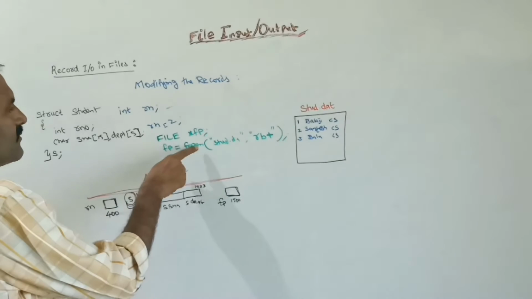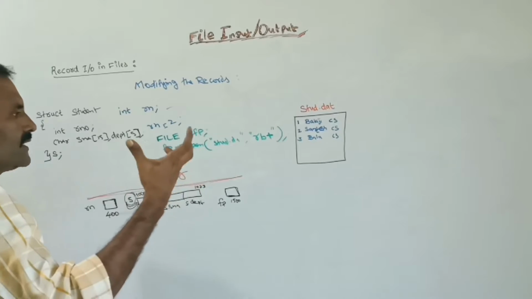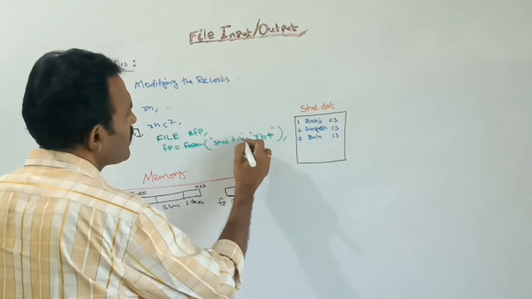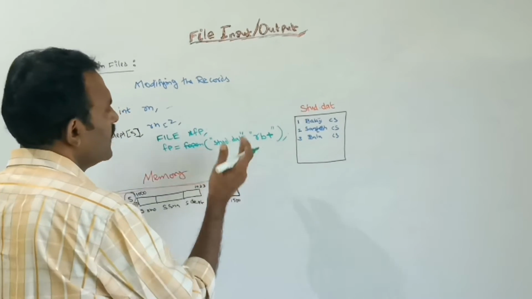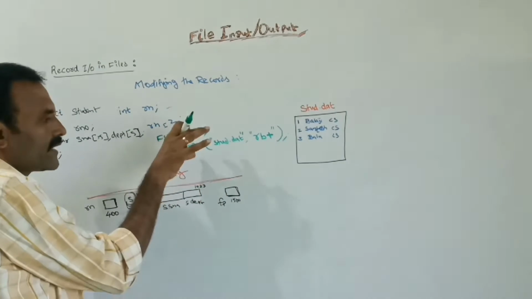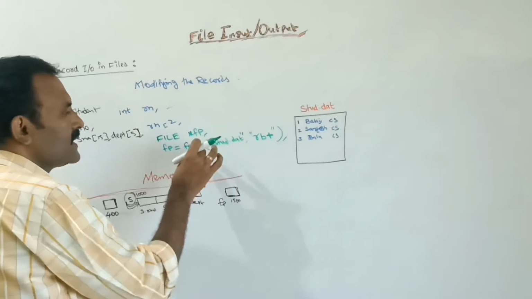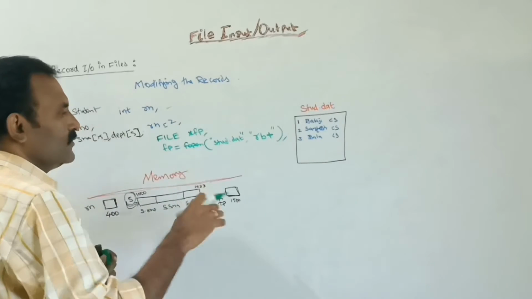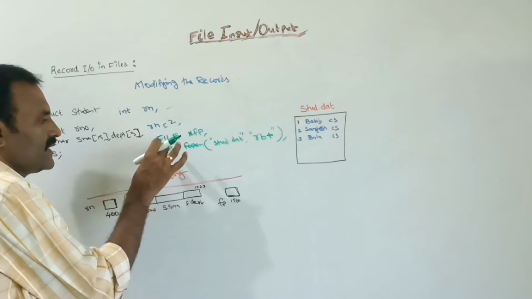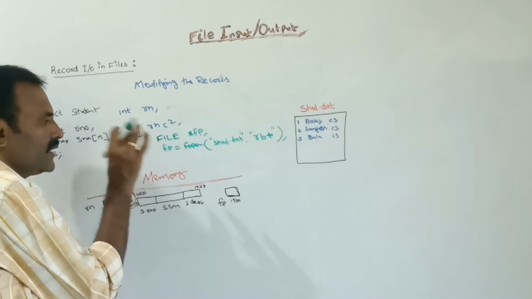I am opening this file. This fopen you know already. See, if the file exists, then load that file to where? Load to the buffer. Next, from the disk it is loaded to the buffer. Next, that starting address of the buffer is returned by this fopen. So that return value I am getting by the FP. Suppose if it is unable to open, then this fopen returns the null value. So that also I am getting by using this FP. If the file is opened successfully, then the address will be stored. If the file was not opened, then the null pointer is stored to the FP.